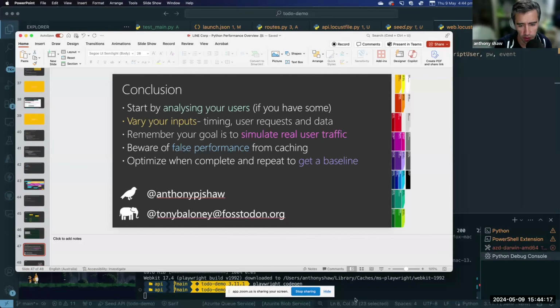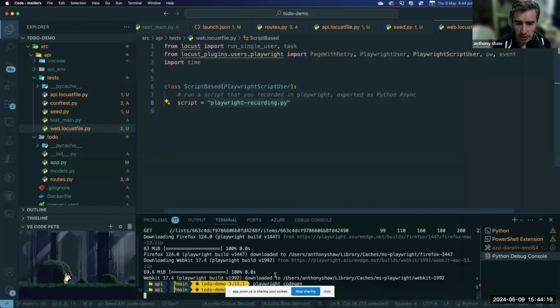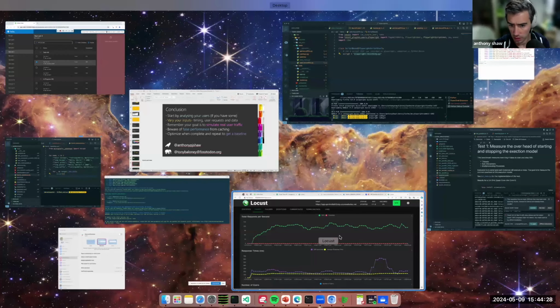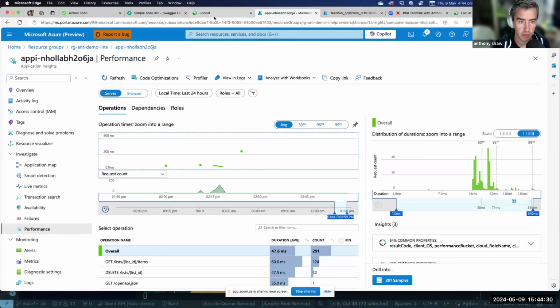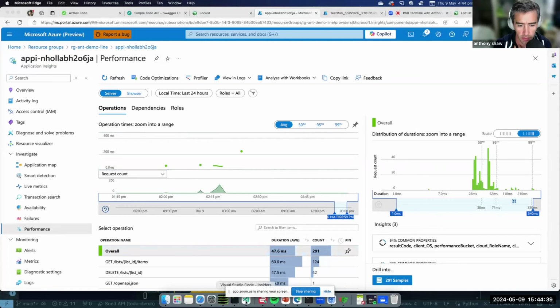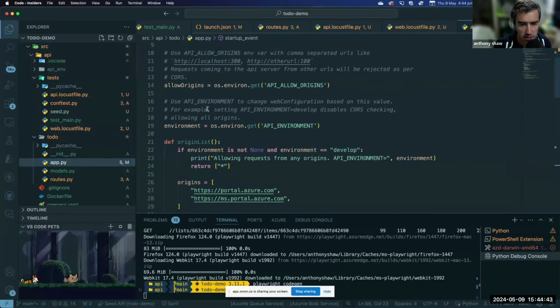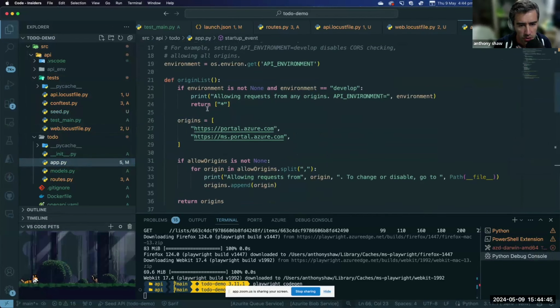So I'm going to show you one more thing, which is the application that I had been load testing. Okay. So the application that I had some telemetry in that application as well. I didn't show you on the code, I'll just show you now. This is a FastAPI application, and I've also installed OpenTelemetry into it.